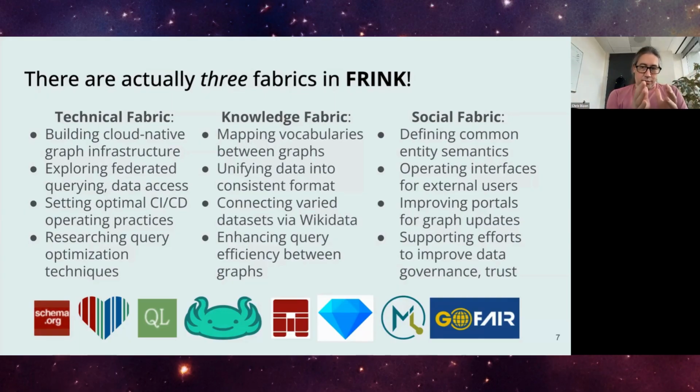The second fabric is really around the knowledge. That is, what are the knowledge standards that have to be in place to allow the different knowledge graphs being created by these teams to interoperate? What do we need to decide around different vocabulary systems? What do we need to decide about different data models? How realistically are graphs going to talk to one another at a knowledge level? How can we make sure that the concept of University of North Carolina in one graph is represented in the same way as UNC in another graph, and that we can recognize that those are really talking about the same entity?